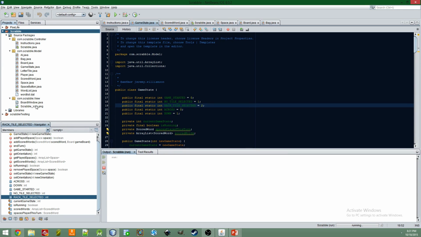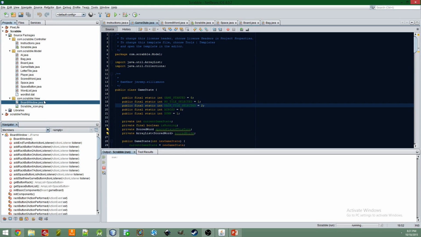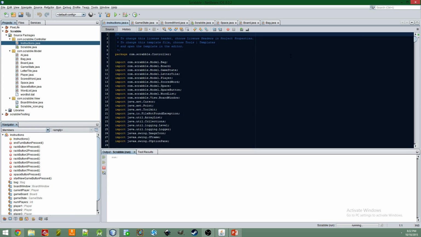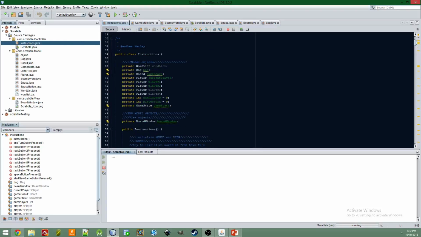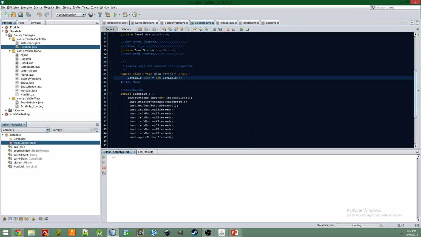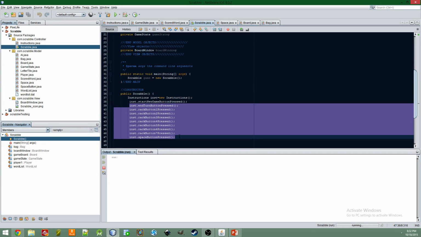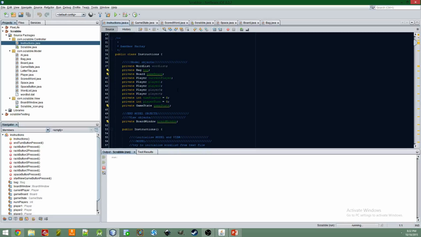The view is a Scrabble icon, file, resource file, and then our board window, which is a Swing JFrame used to display the game. In the controller, we have instructions, which is the main controller class. Scrabble, which has the main method, creates an instructions class, and creates or runs all the event handling methods in the file. And if you go into the instructions, you can see